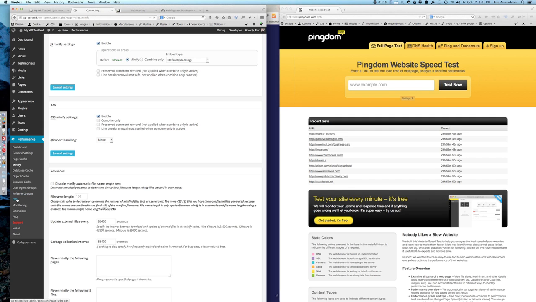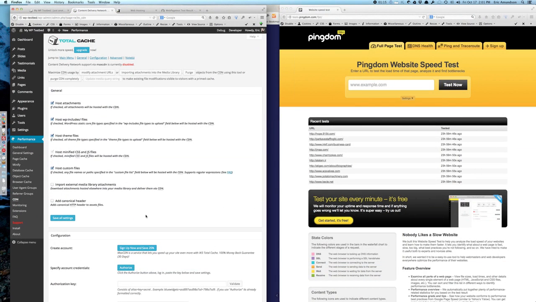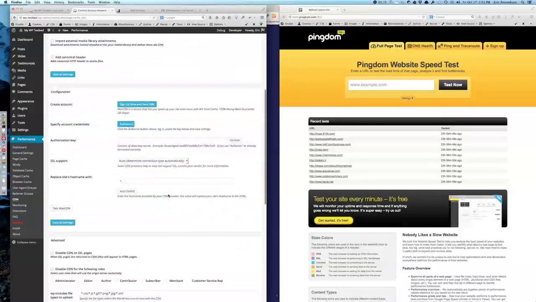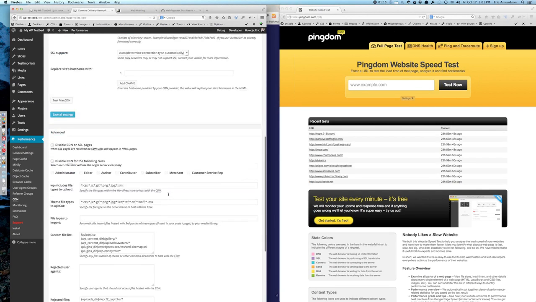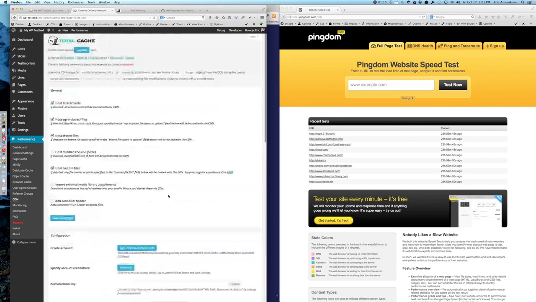And then there's the CDN. So CDN is a content delivery network. This is a way to have another network that has a lot of power serve up your static images and files for you. So for example, Cloudflare is a CDN, and you can plug that in here. You can also use Max CDN. I think there are all sorts of them that you can use,